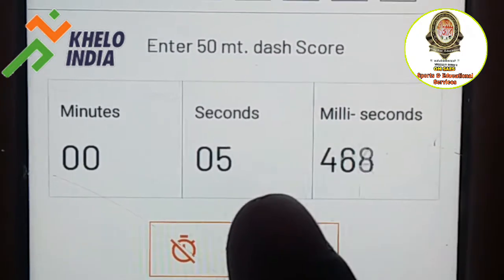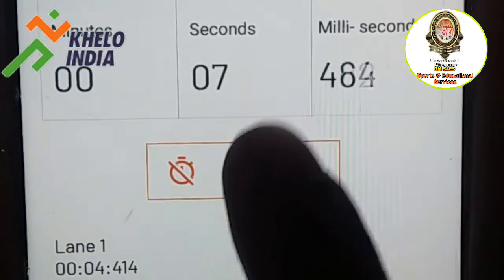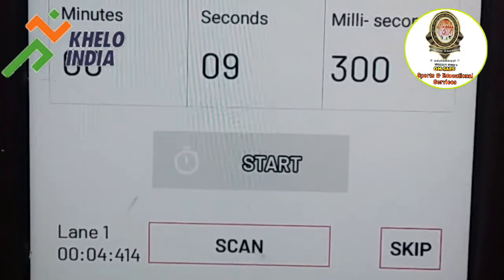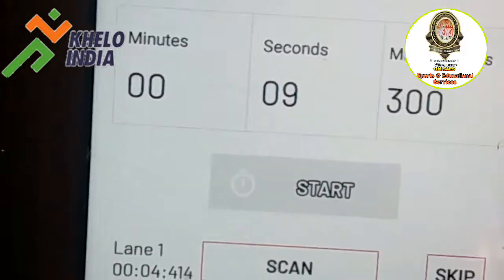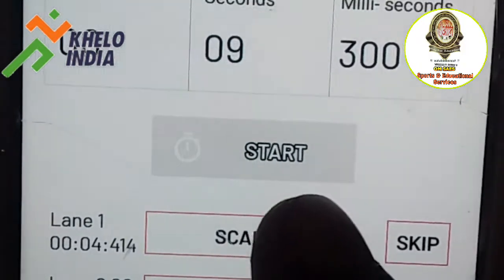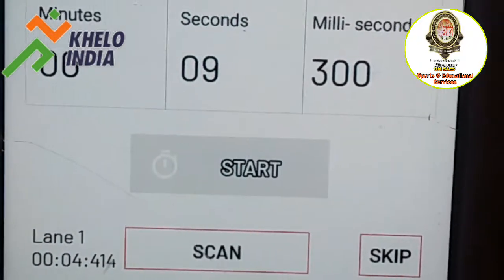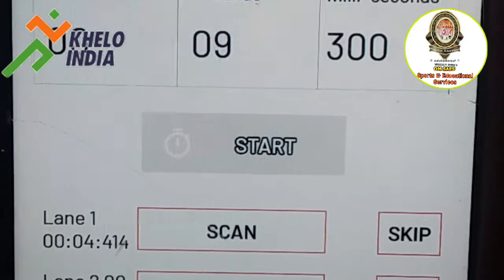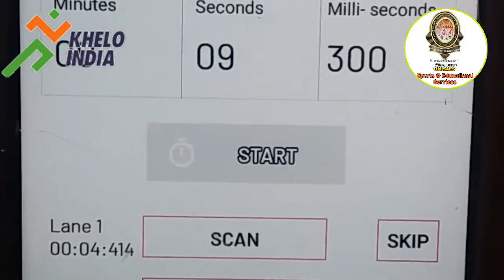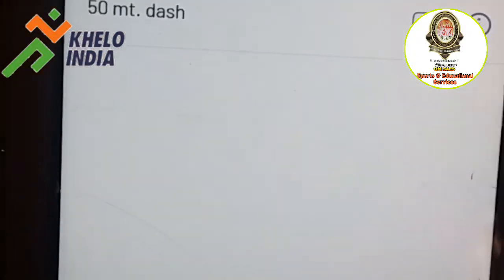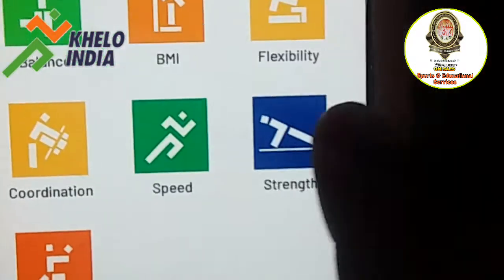Then when the students come first, second, third, their time will be recorded automatically, and in front of their lane you have to scan their ID card. If you scan their ID cards, then all the students' reports will be submitted automatically on this app. Now the next test, dash run in the speed.